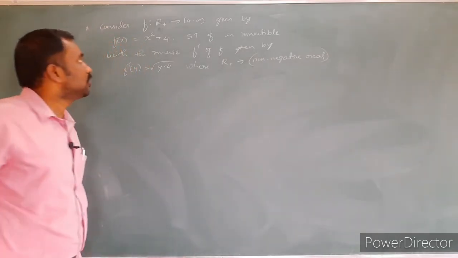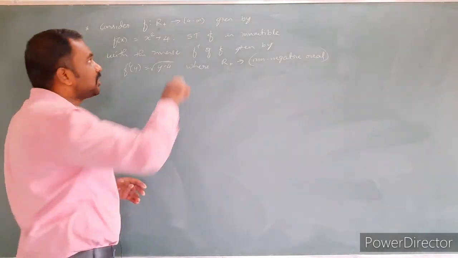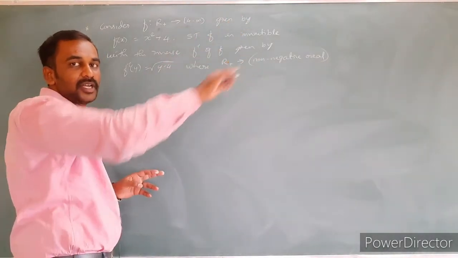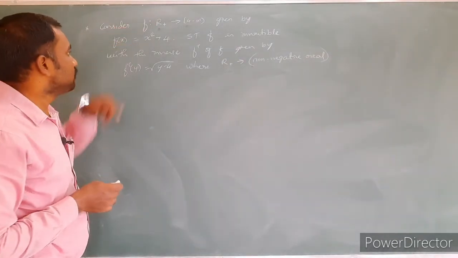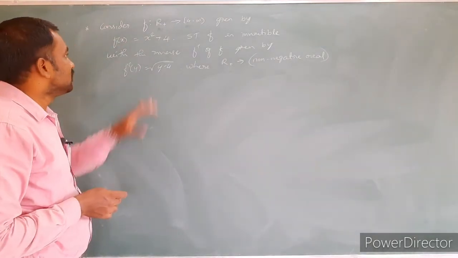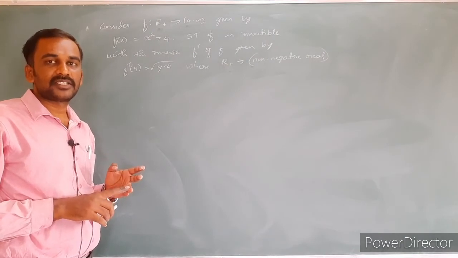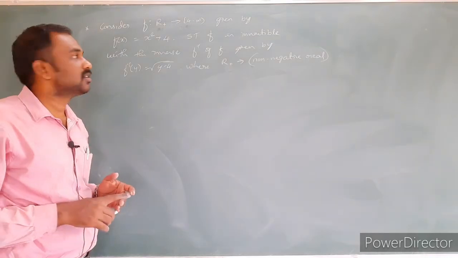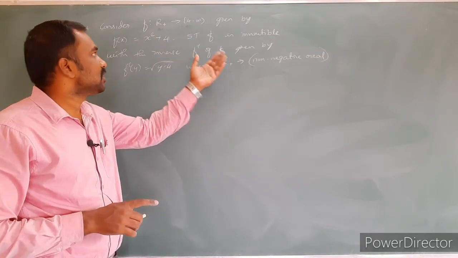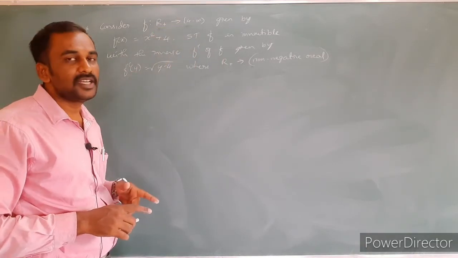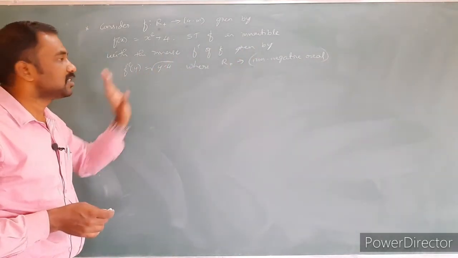Now here the domain set is R plus, and what is the codomain set? The semi-closed open interval 4 and onwards, including 4 and to the right of 4 all the real numbers exist. The function is defined by f of x is equal to x square plus 4. This function is invertible. Invertible means an inverse exists. When an inverse exists, it is bijective. What is bijective? One-one and onto. That's all. We need to prove that it is invertible with the inverse given by f inverse. The original function is f, and its inverse is denoted by f inverse. Since f inverse is given, we have to prove that it is this much.